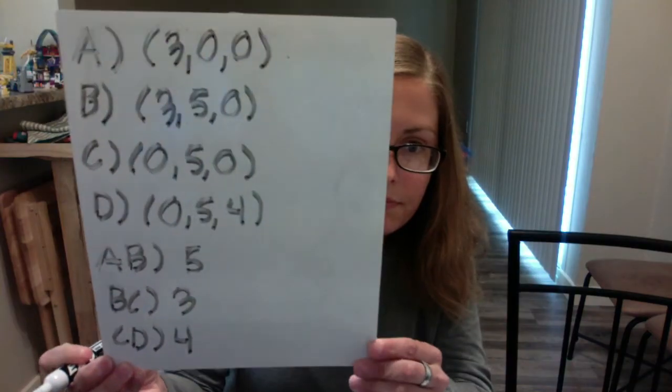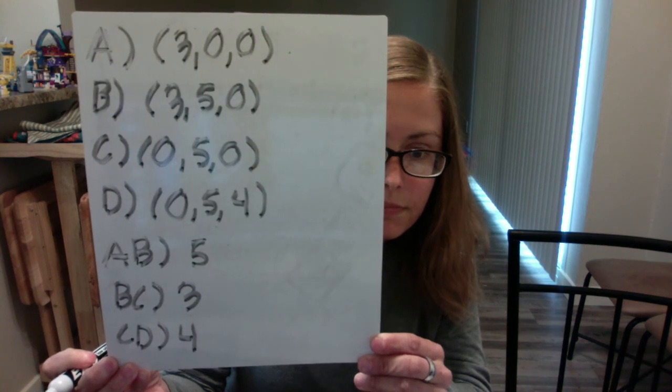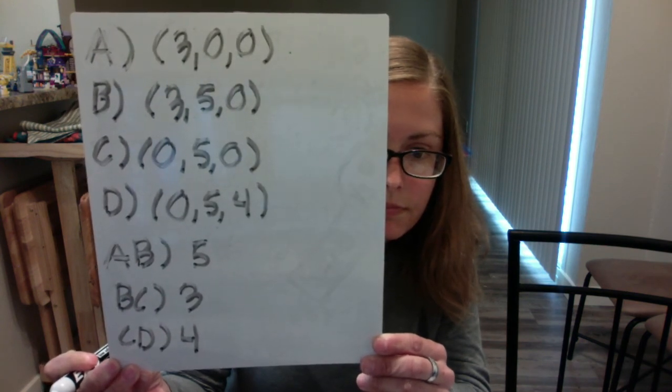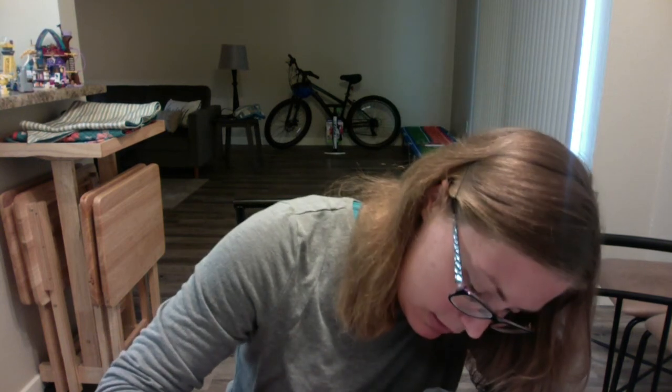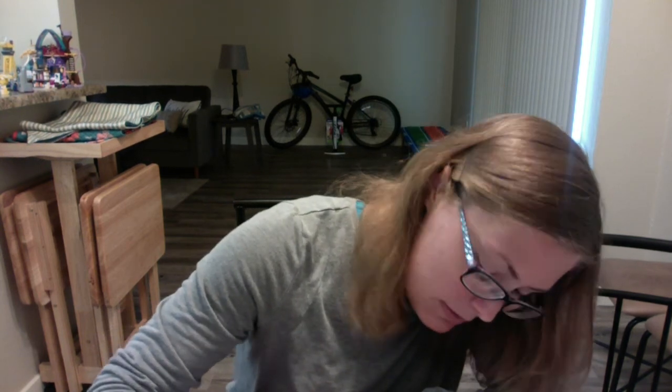AB is 5, BC is 3, and CD is 4. Now it wants the surface area. So again, our surface area is equal to our perimeter times our height plus 2 times our base,